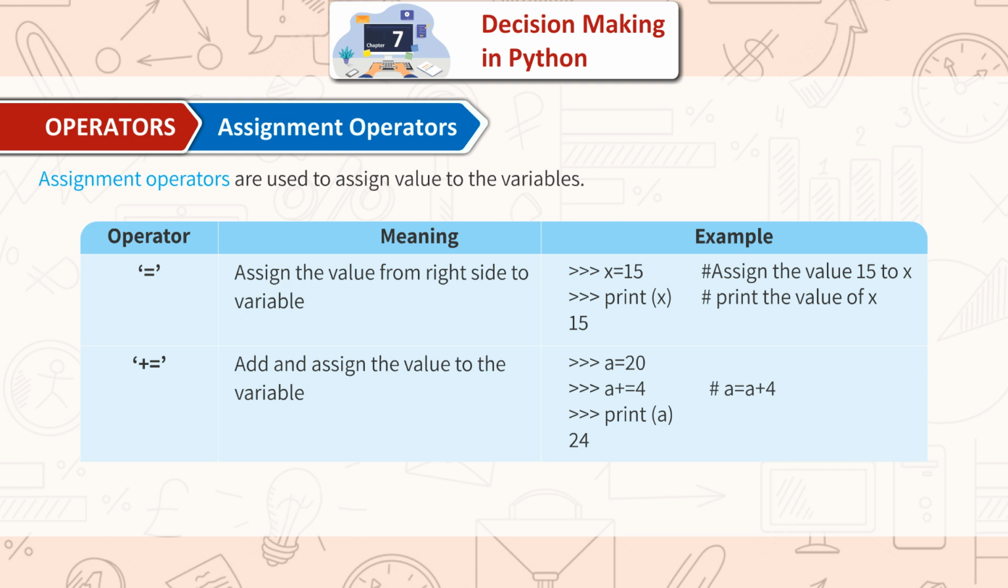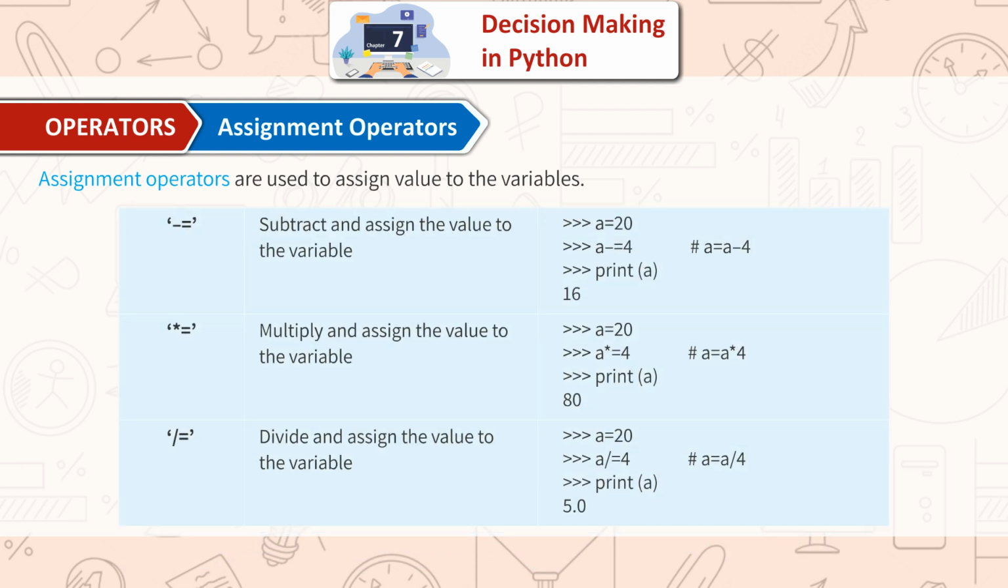Print A, 24. Subtract and assign the value to the variable: A is equal to 20, A minus equal to 4, which means A is equal to A minus 4. Print A, 16. Multiply and assign the value to the variable: A is equal to 20, A multiplied equal to 4, which means A is equal to A multiplied by 4. Print A, 80. Divide and assign the value to the variable: